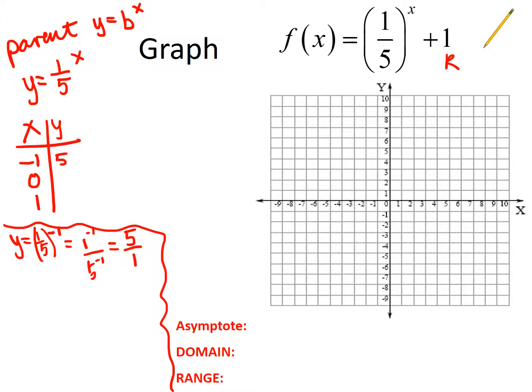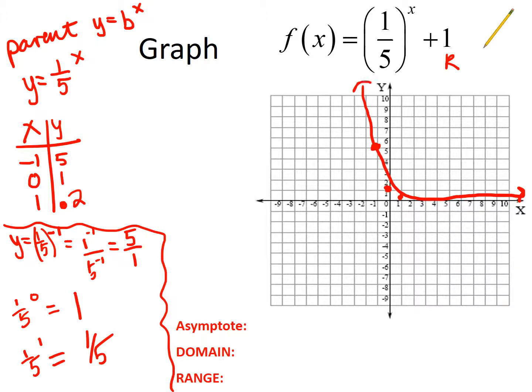If I plug in 0 for x, I have (1/5) raised to the 0 power, which is 1. And then if I plug in just (1/5) to the first power, that just leaves me with 1/5. And if you want to write that as a decimal, 1/5 is 0.2. So if I draw this graph, I go -1, up 5, 0, 1, and now I'm at 1, 0.2. If I connect my dots from left to right,